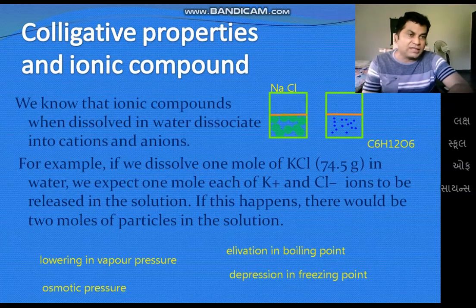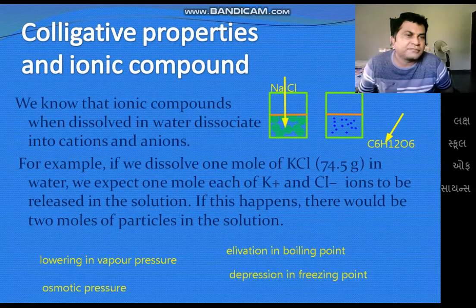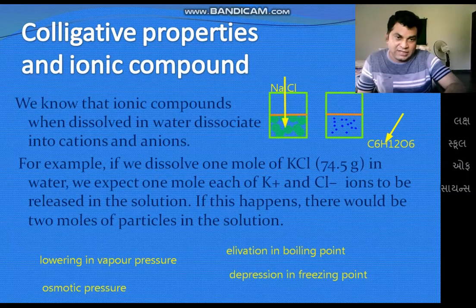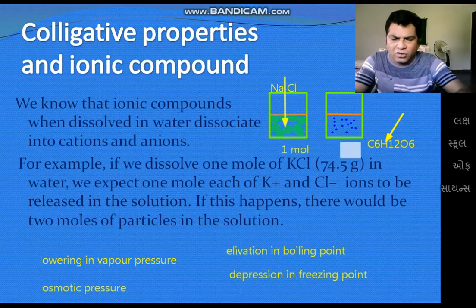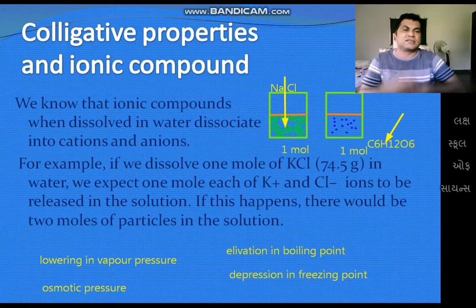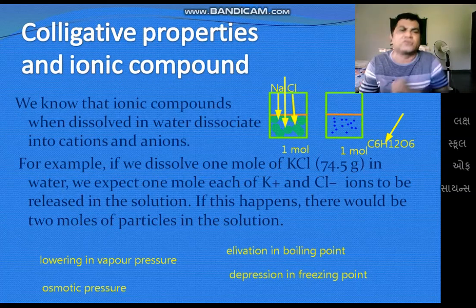So if we go with NaCl, you can see NaCl can be divided into two parts, Na plus and Cl minus. You can't divide glucose. Now the mole of each: I have taken 1 mole of NaCl and also 1 mole of glucose. There is going to be a difference. When we talk only about NaCl, there are 2 particles that will enter here. How many? 2 particles. One is Na, which is going to enter, and one is Cl, which is going to enter.